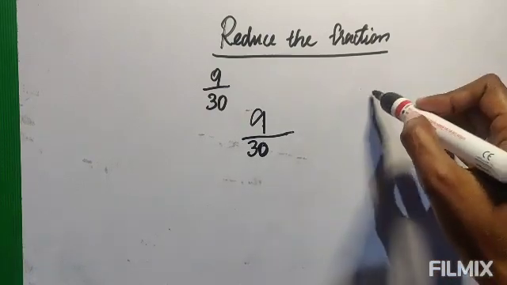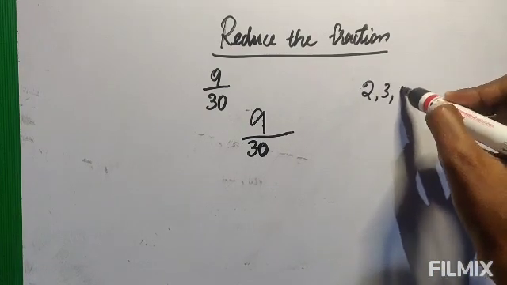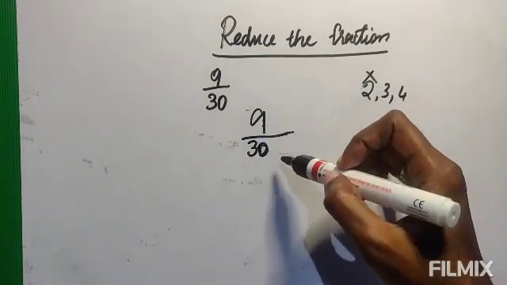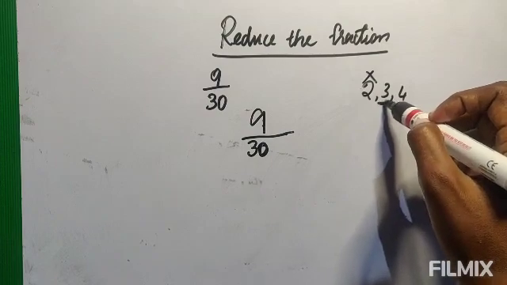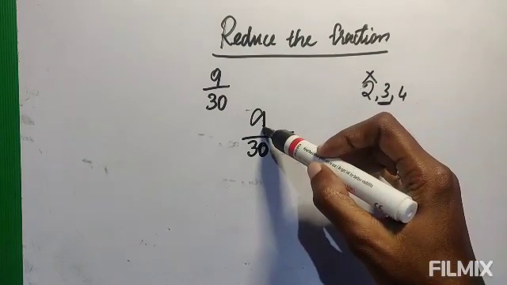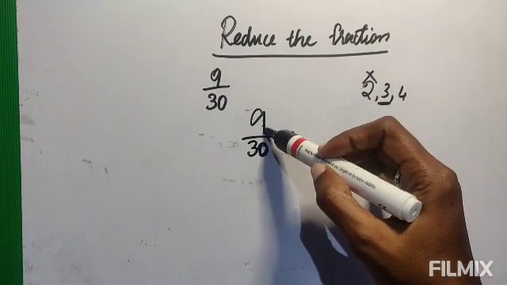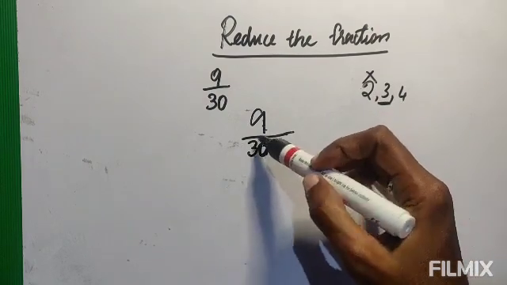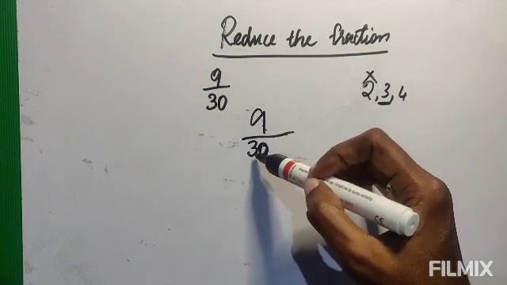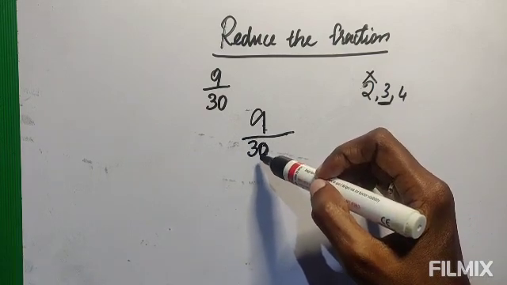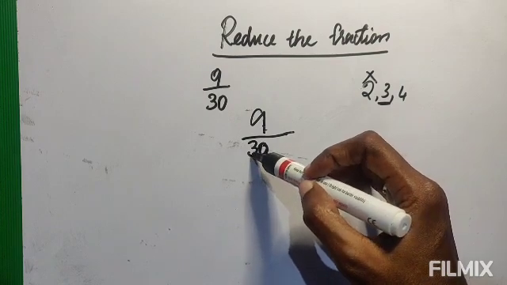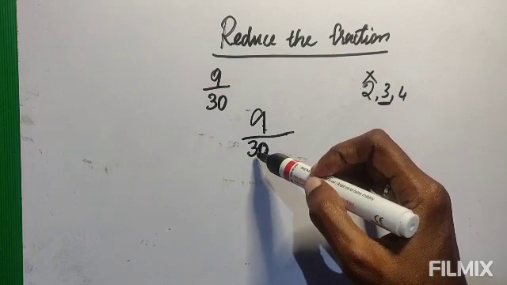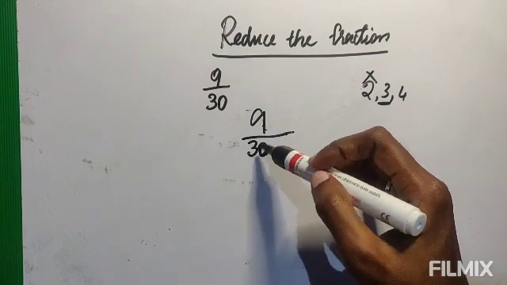So now the next number. You go sequentially, you have to check all these numbers. 2 cannot divide because 9 is an odd number. So now you will check by 3. Does 9 come in the 3 table? Yes, 9 comes in the 3 table. Now 30 also comes in the 3 table. Otherwise you can find the sum of the digits. If the sum of the digits is divisible by 3, then the number is divisible by 3. 3 plus 0 is 3, so you can divide by 3. Since the sum can be divided by 3, this number also can be divided by 3.